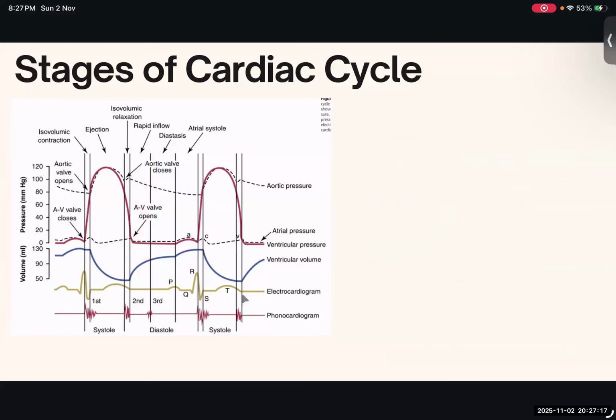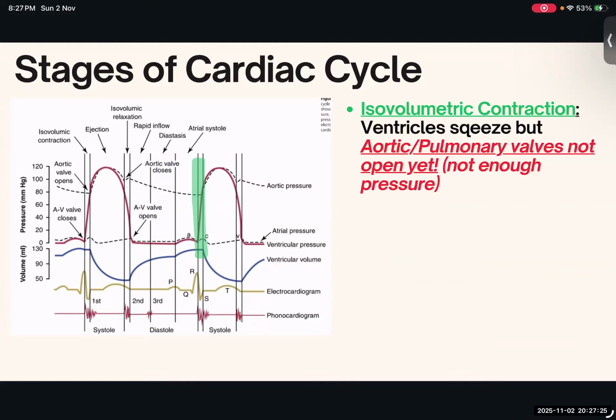Wonderful. Now, let's talk about the systolic thirds, or the systolic section of the cardiac cycle. First is going to be isovolumetric contraction. Such a big word, so scary. Why do you have to make it so complicated? The ventricles here are going to squeeze, okay? There's a very high pressure. As you can see, this big spike in the